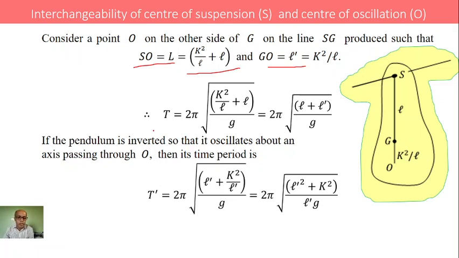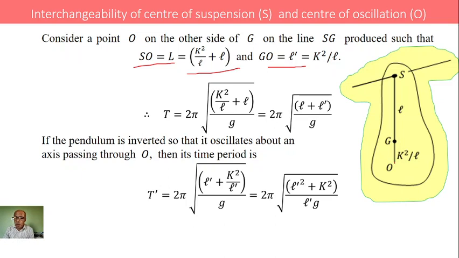Therefore, the time period of the compound pendulum is T equals 2 pi root of (k square by l plus l) divided by g, which equals 2 pi root of (l plus l dash) by g. If the pendulum is inverted, in the sense that this compound pendulum is made to oscillate about O, S will be in